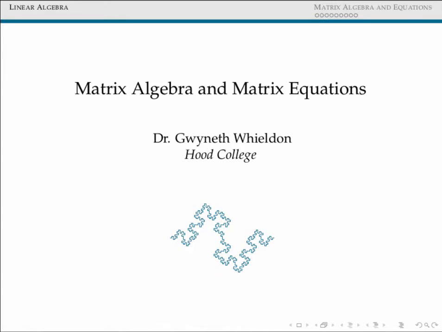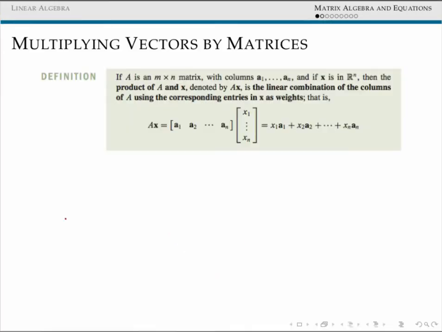In this video, we'll be looking at what it means to multiply a matrix by a vector to get another vector, and use this to rephrase a lot of the previous systems of linear equations material that we've covered. So given a matrix with columns A1 through AN, where each of our columns AI has m entries,